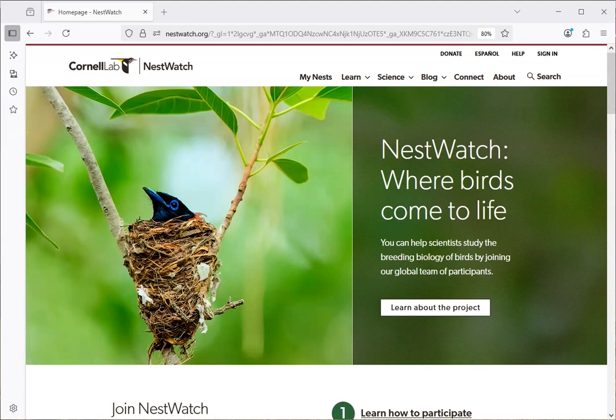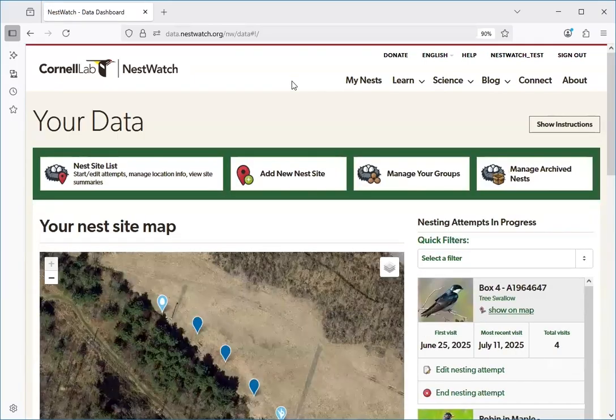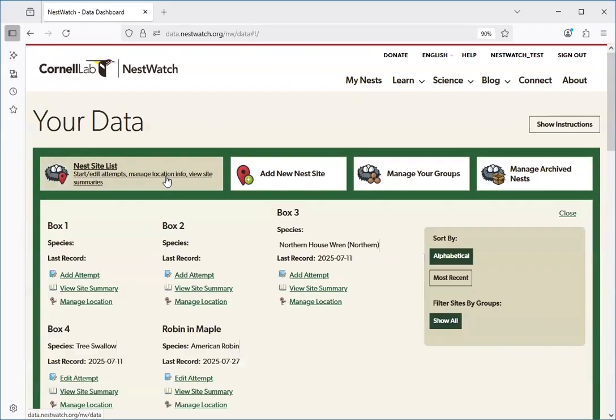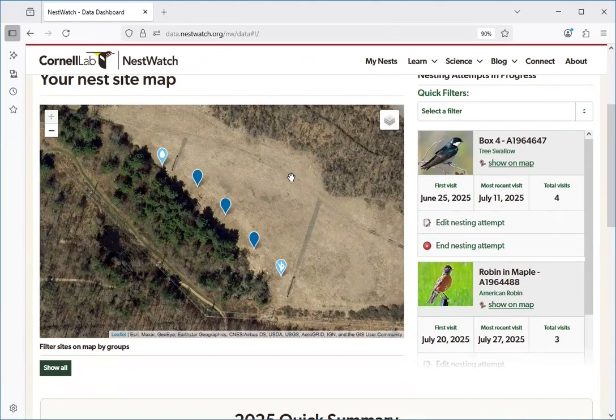In this video, I will guide you through the process of summarizing and ending a nest attempt. First, let's navigate to the My Nests page. Next, open your nest site list, or click a marker on the map to find the location in which your